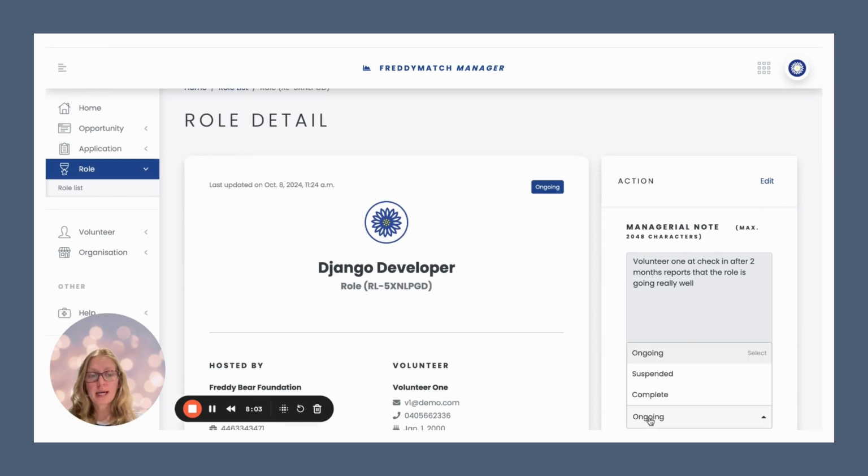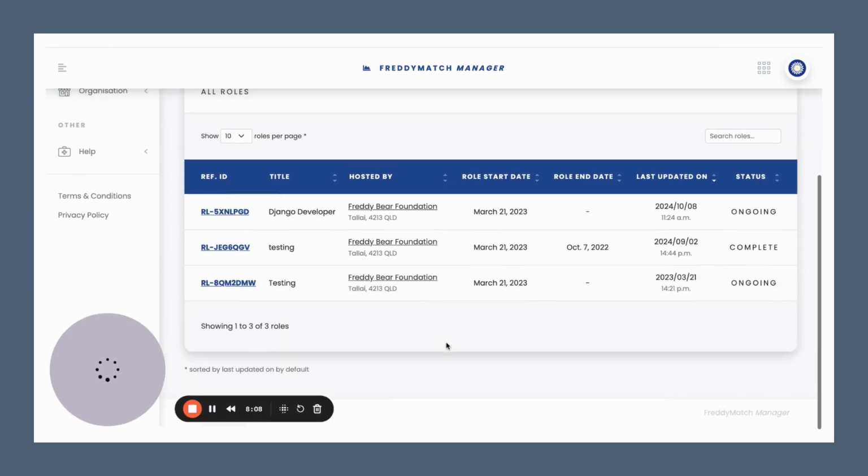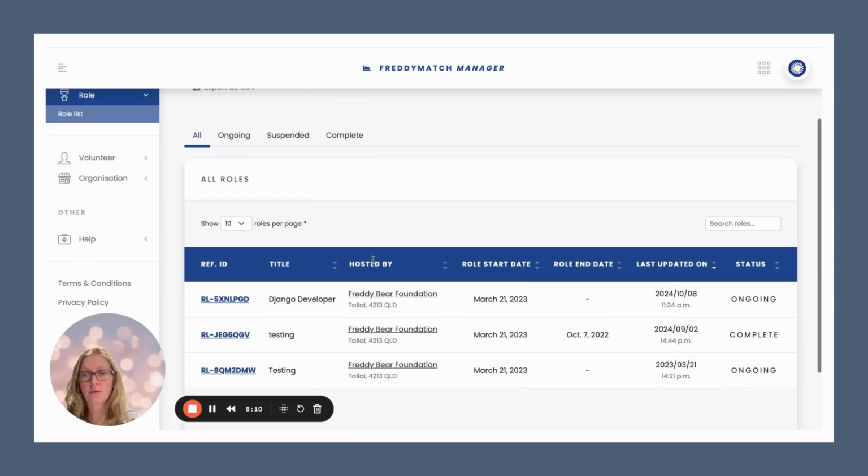When your role is complete here, if you mark that as complete, we can still view that in the role list. So if I look at the role list for volunteer 1, we would notice that